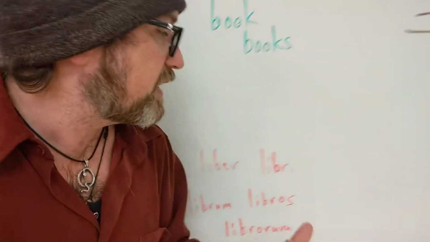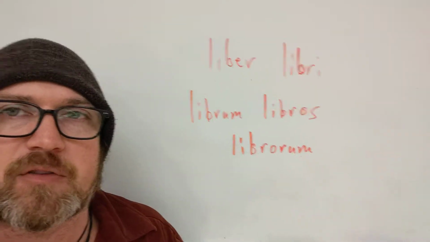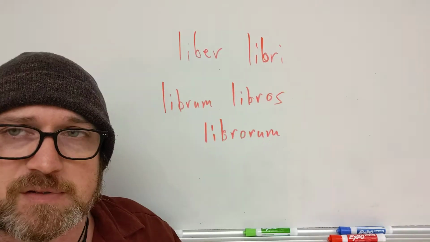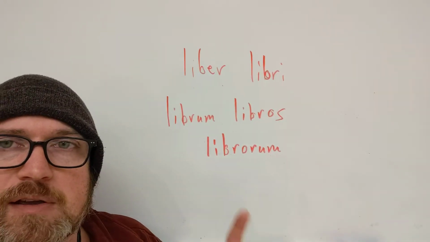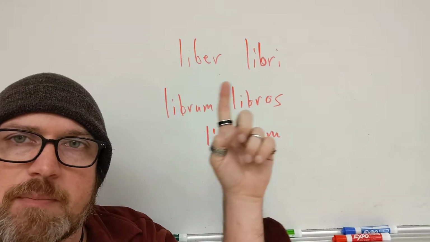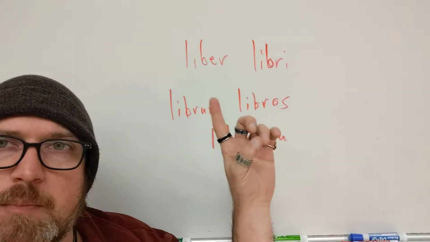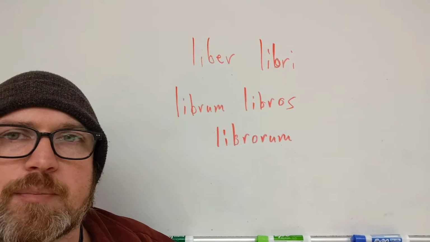There are actually a lot of endings it can have. This is not all of them. This is just some of them. I just wrote some of them up here at random. This is all the same word. Some of these forms are singular, some are plural, but it's literally the word book. And you can see there's a stem that is the part that means book, and that doesn't really change. But the bits at the end are all different. Liber, libri, librum, libros,